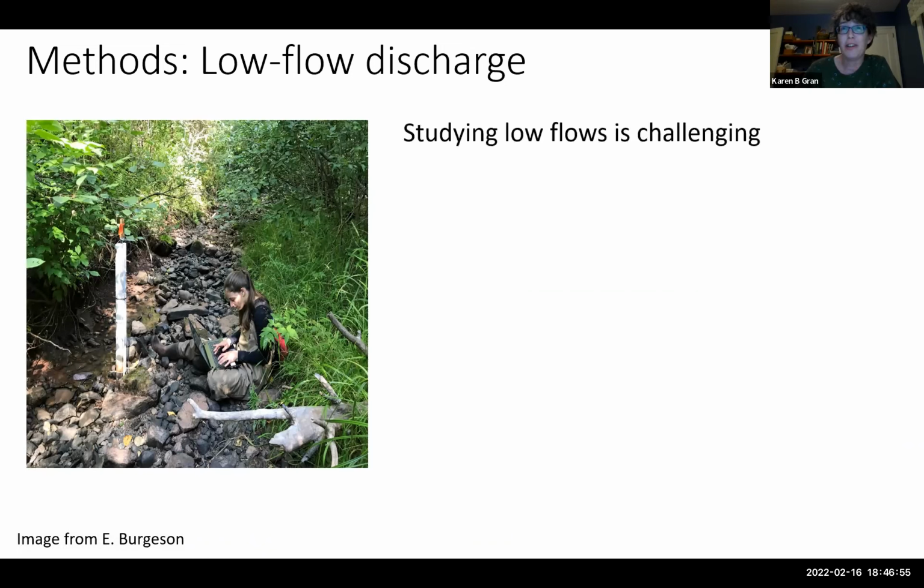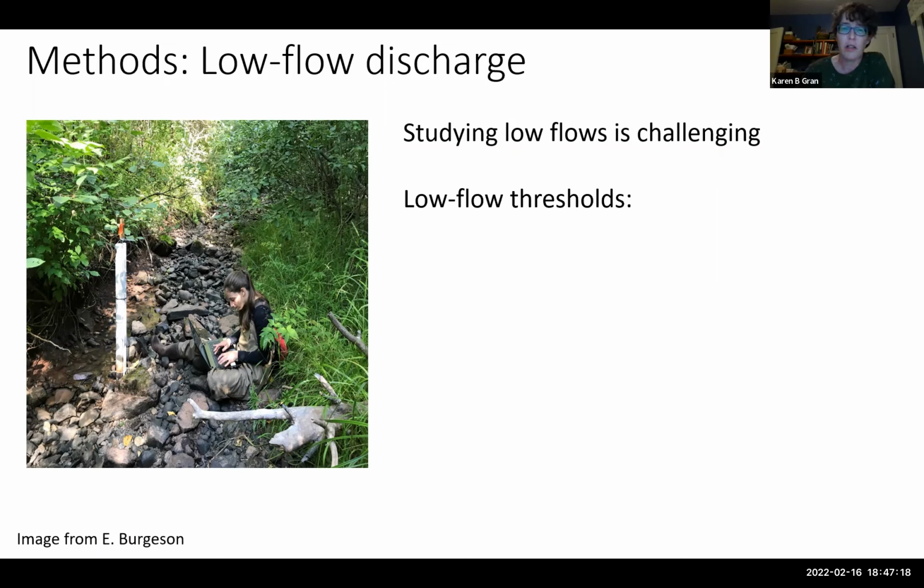And the first thing we learned is that studying low flow is really hard. So it's a lot less well defined than studying peak flows or flood events, and you really only get 1 low flow point per year. We ended up using a series of different thresholds to define low flow, because there isn't really one that's been established. And then we compared the amount of time the basin spent below that threshold in year 1